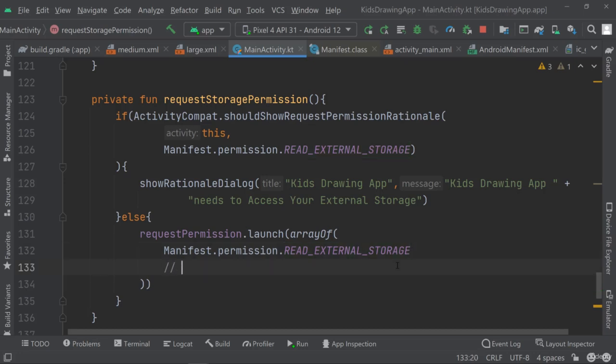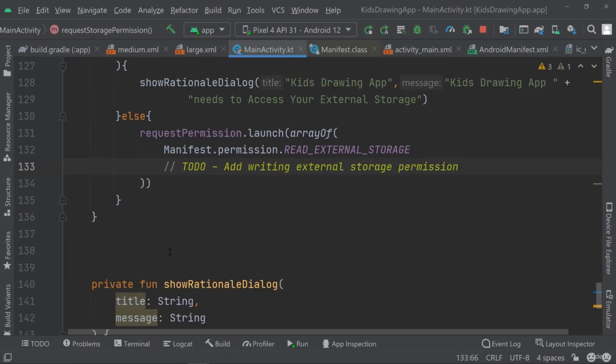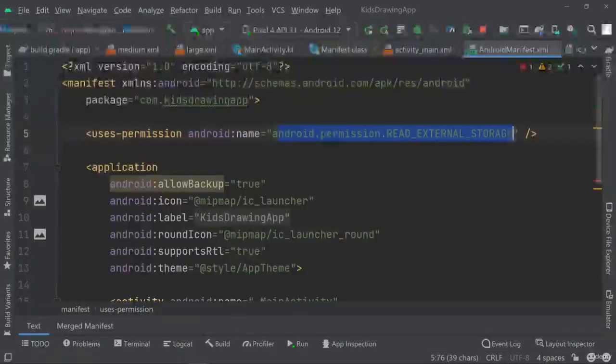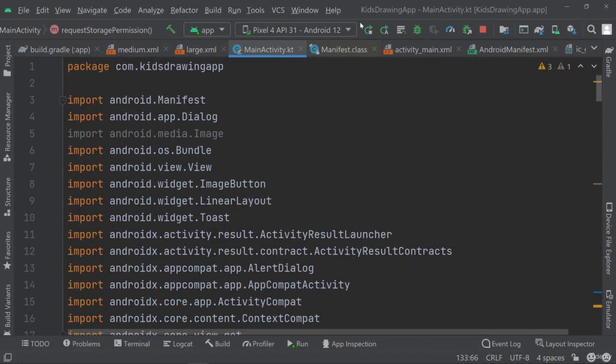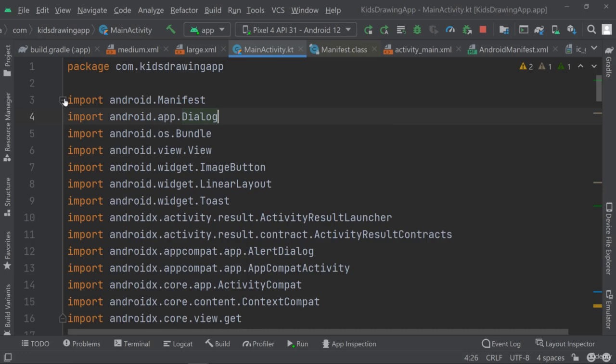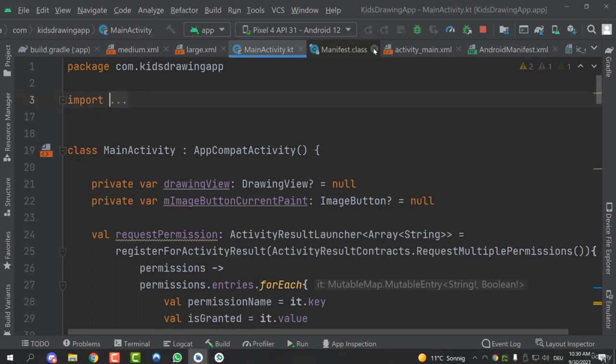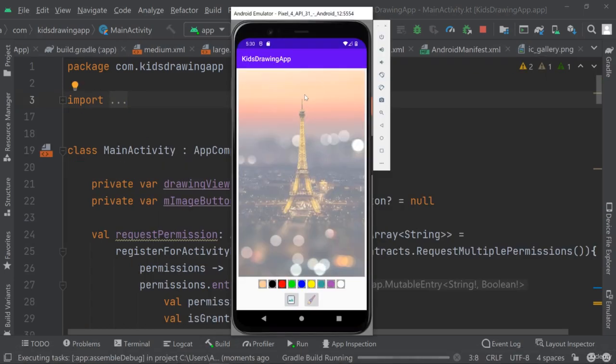Okay, so here you can add a to-do, add writing external storage permission. Okay, so we just know, well, that's why we will need to add it later on. But accordingly, we would have to add it in the Android manifest as well. We're going to see that later on. Okay, so at this point, we should be done. Let's test it. I don't need this import image because I just misspelled something there. Let's try it out and see if we're going to request for permission once we click on our gallery button